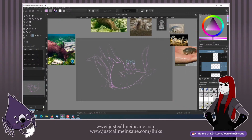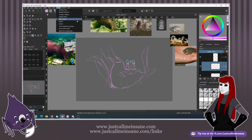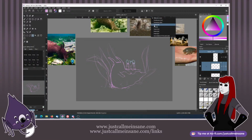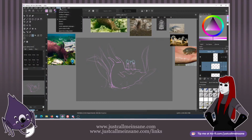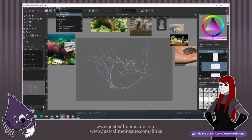I think those are the rulers. Let's see. Oh, I can change that. Settings, Dockers. I actually don't remember. I thought it was a Docker. Ah, shoot. Let me turn it off. I can't turn it off. What the heck did I do? How did I do this? I'm so used to these things being there, I never remember how they get there. I'm sorry. Let me...